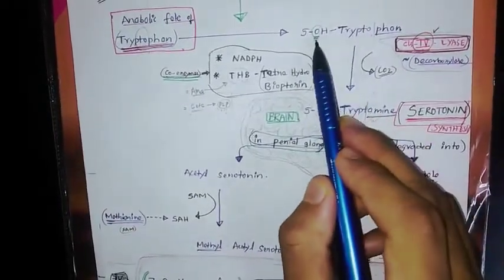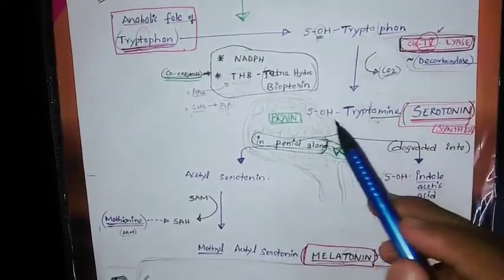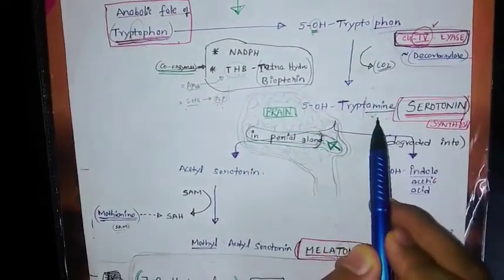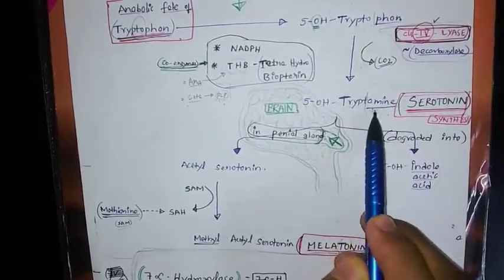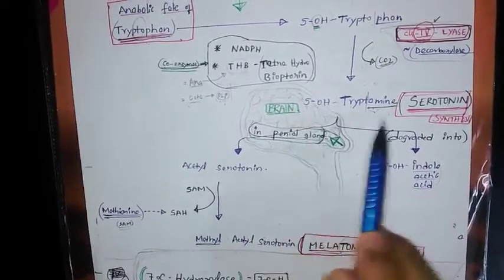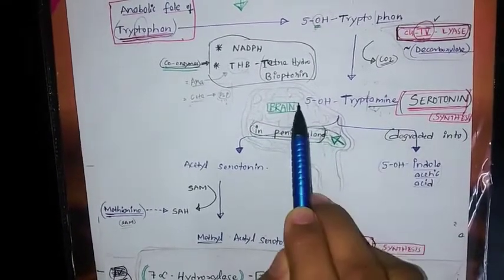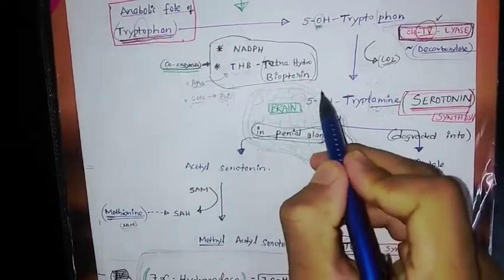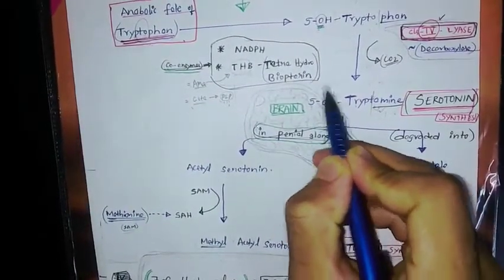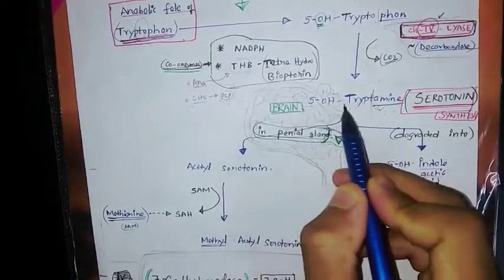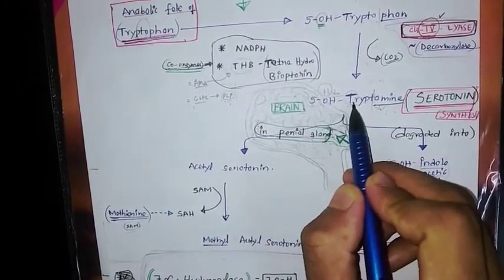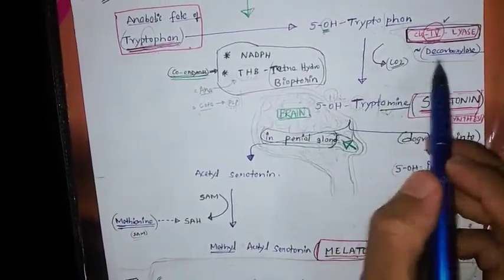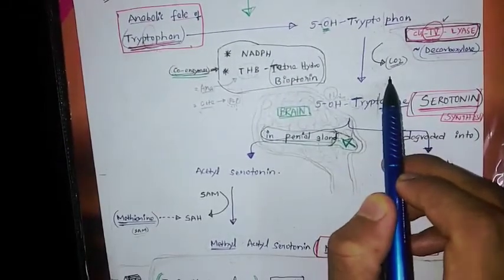Coming to this, 5-hydroxytryptophan converts into 5-hydroxytryptamine. You remember, I underlined this, the amine. Tryptophan is converted into tryptamine. This 5-hydroxytryptamine is called serotonin. It is nothing but serotonin. 5-HT, 5-hydroxy H and T. 5HT is serotonin. Okay, here the enzyme is decarboxylase because carbon dioxide is released in this reaction, but this